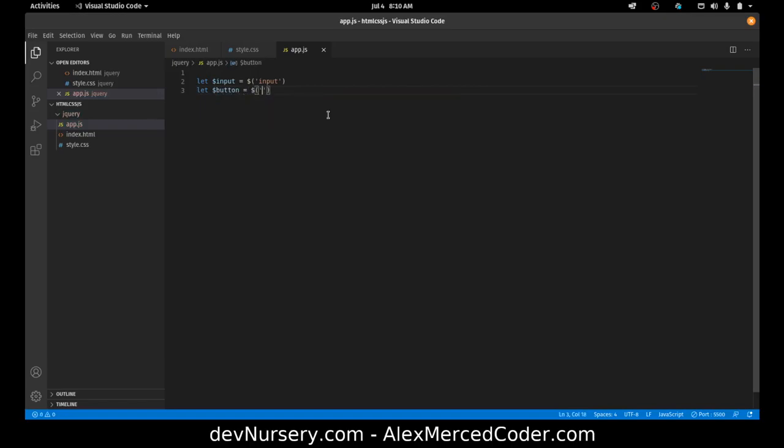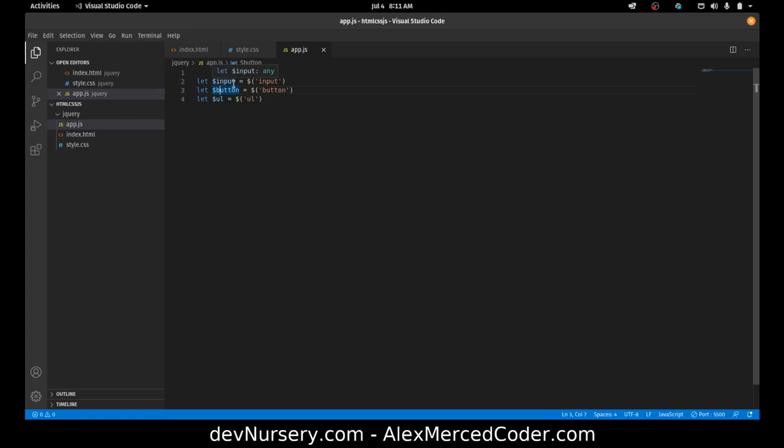Okay, so I'm going to grab the button tag, and I want to grab the UL, because I'm going to append LIs to that UL. So I'm going to grab ULs, and that's going to be the UL. Goody. Okay. So essentially what I want to happen is that whenever you click on the button, it'll grab the